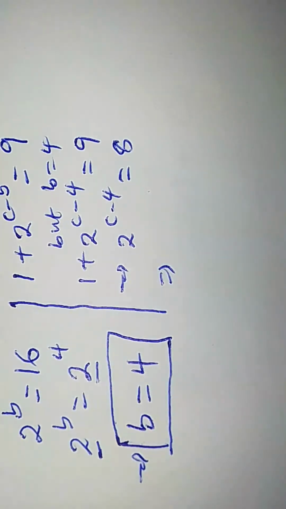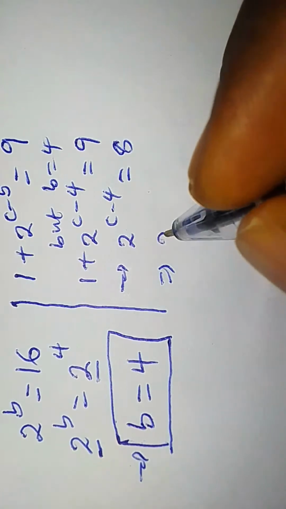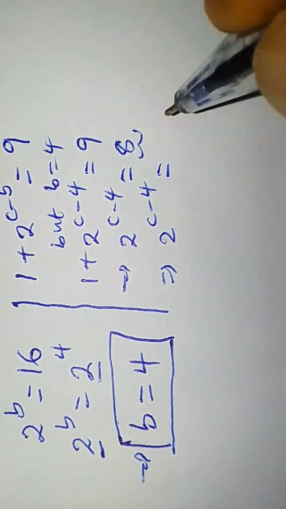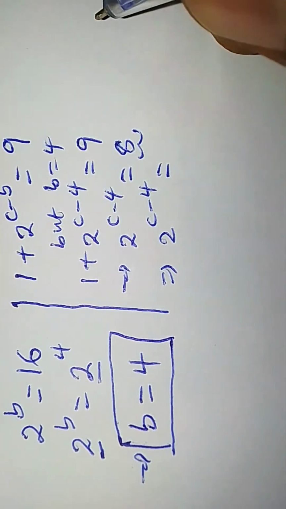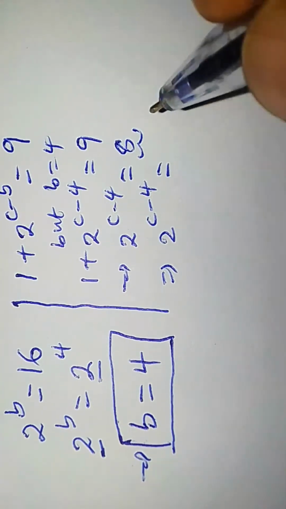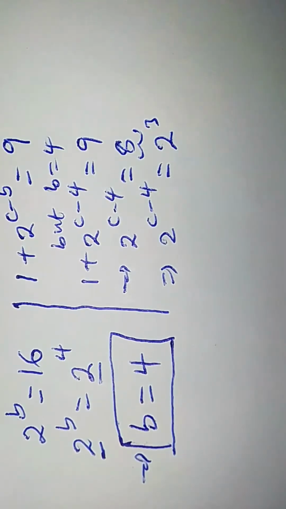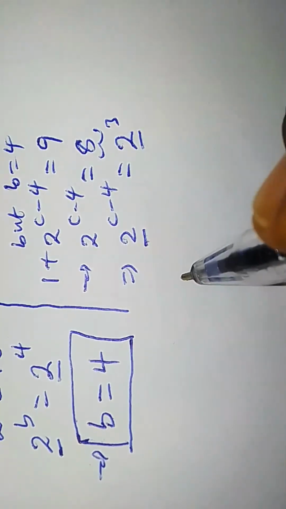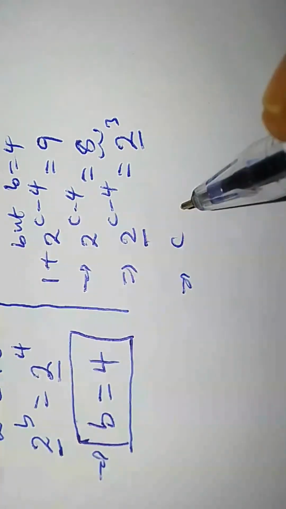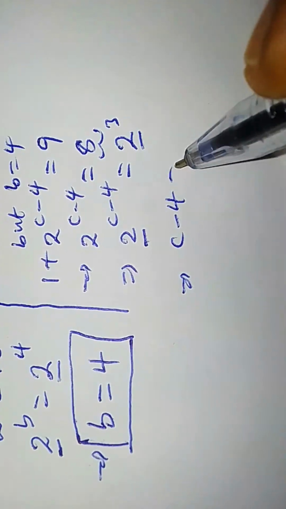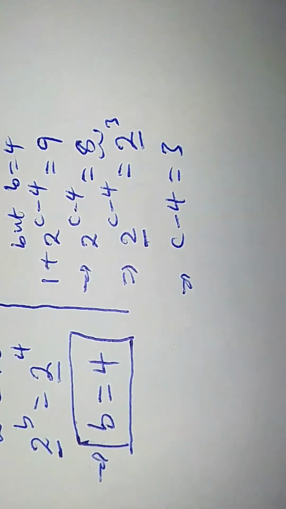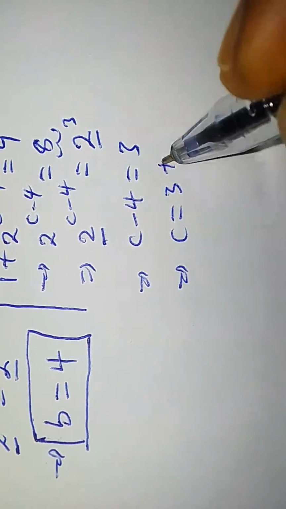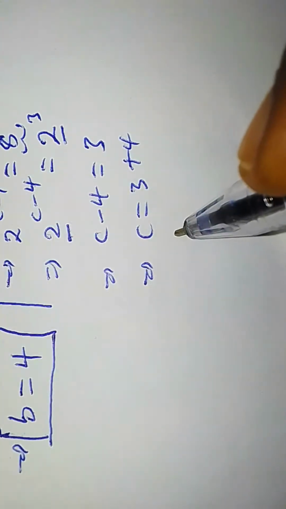This means that 2 raised to c minus 4 is equal to 8. It could be written as 2 times 2 times 2, which is 2 raised to power 3. So we have 2 raised to power 3. You will notice that the base is the same, so we have c minus 4 equal to 3. So c is 3 plus 4. The value of c is